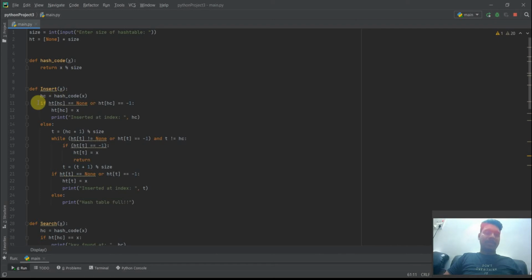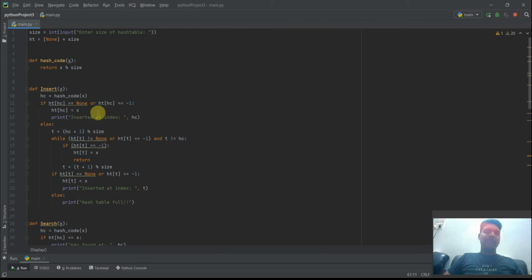Now I'm going to show you insertion, inserting an element into the hash table. Hash function equal to hash code. If hash table at hc is equal to None, or equal to -1, then hash table at hc equal to x. Print inserted at index.